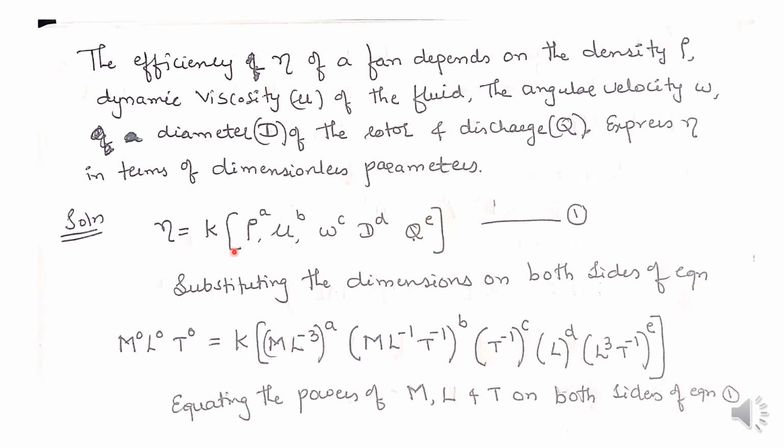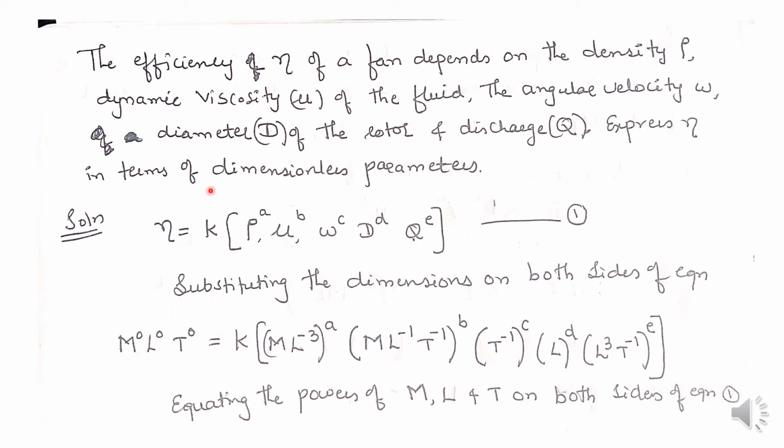Next step, let us substitute the dimensions on both sides of the equation. Substituting dimensions means we write the dimensions for each and every term on both sides. First, efficiency is not any physical quantity, so it does not have any fundamental dimension. There is no fundamental dimension for M, none for L, and none for T. So I will write M to the power 0, L to the power 0, T to the power 0, is equal to